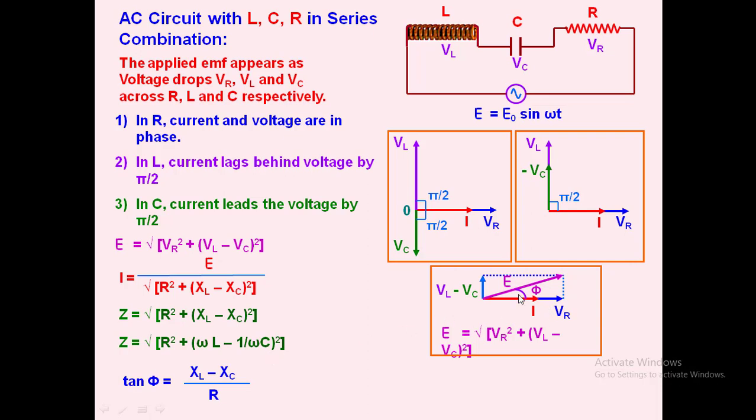Now if you want to find the phase relationship between the resultant EMF and the current, tan phi equal to XL minus XC by R. Because along VL minus VC, what you are going to have? XL minus XC. Along VR, what you are going to have? R. So tan theta is nothing but opposite side by adjacent side. What is the opposite side here? XL minus XC is the opposite, and R is the adjacent side. So tan phi equal to omega L minus 1 by omega C by R, that is, XL minus XC by R, will represent the phase relationship between the resultant EMF and current in the series LCR combination.